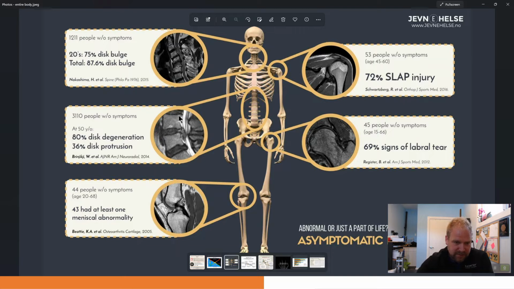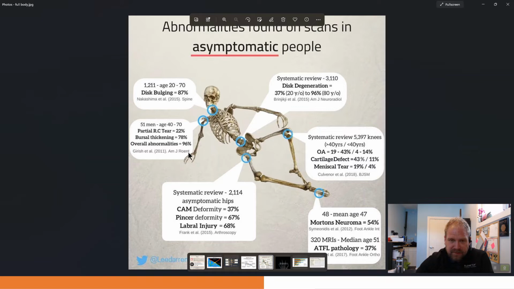If you look at the lumbar spine, the lower back, 80% of people over 50 years old who were imaged had disc degeneration, which is arthritis in the spine, without any pain. Same thing in the neck, the shoulder, the knees. We're really finding that imaging is used to show aging in the body as well as